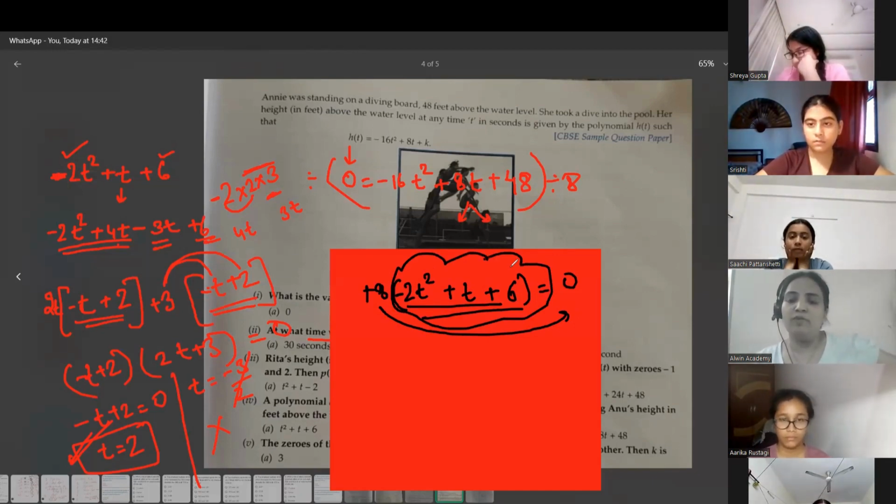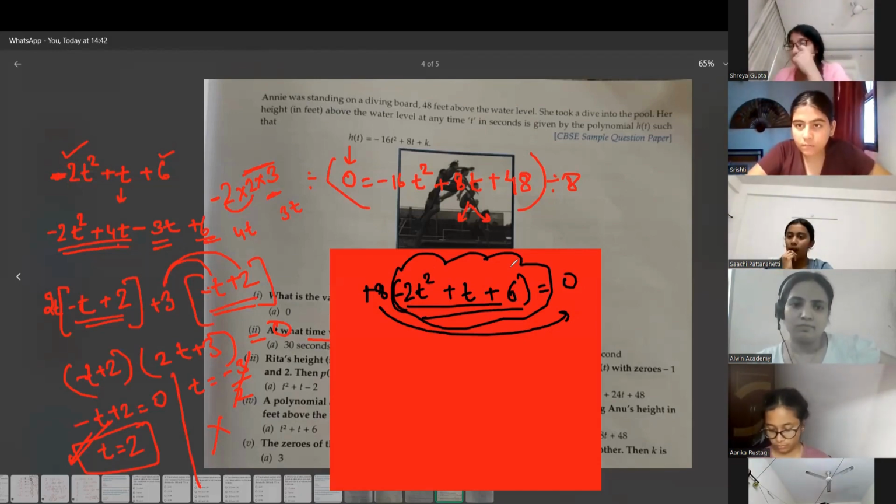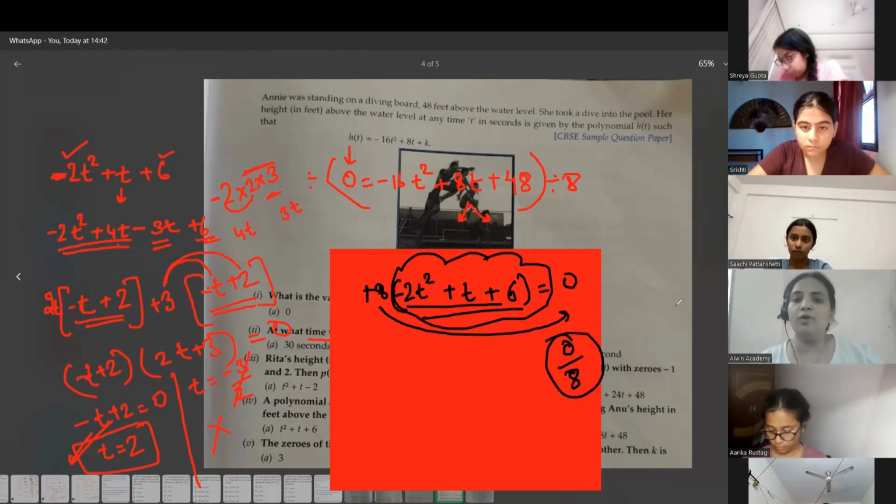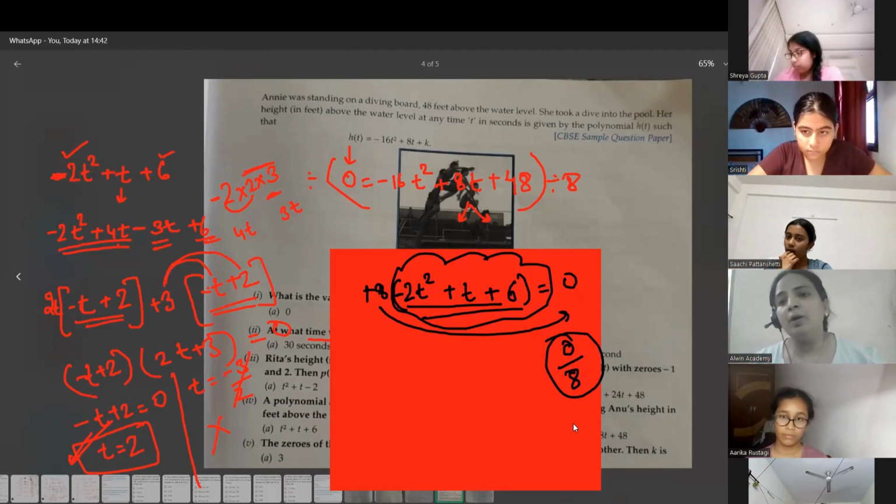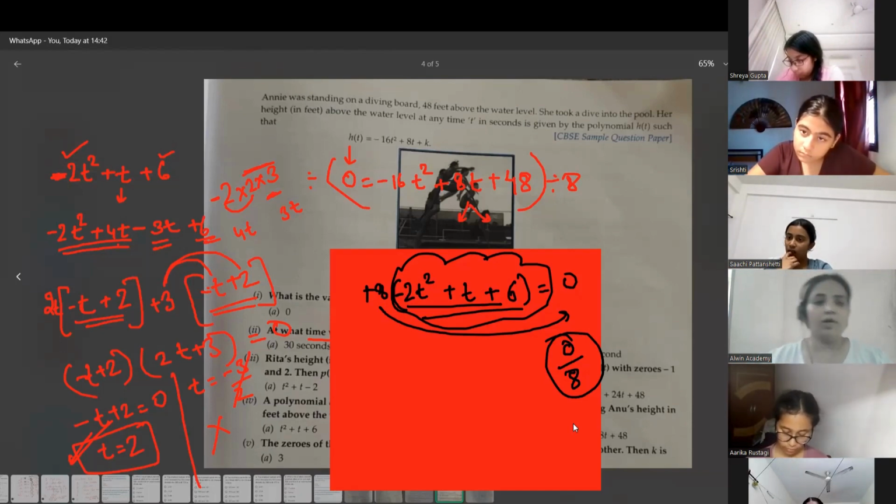Clear? Purvi, is there any doubt? Yes, ma'am. I was asking, ma'am, where will the 8 go then? Child, 0 divided by 8, the 8 is gone, it becomes 0, right? The 8 just disappeared. Yes, ma'am. Got it. Clear? Clear everyone or not? Janisha? Yes, ma'am. Okay. Moving ahead with the next question now.